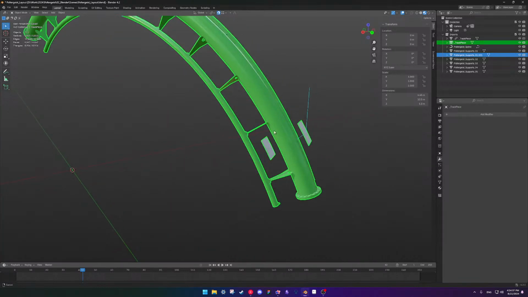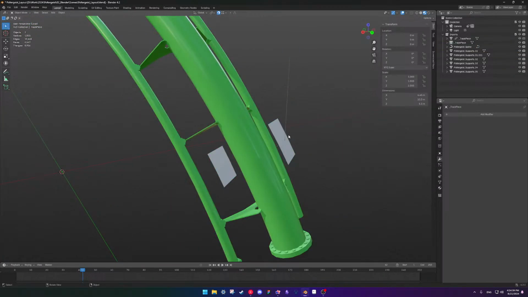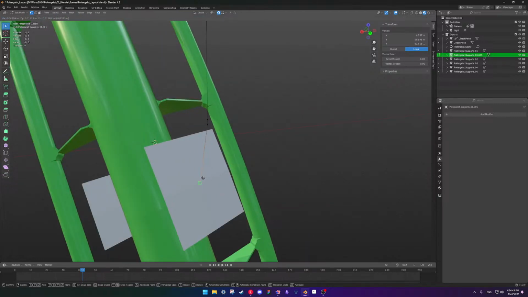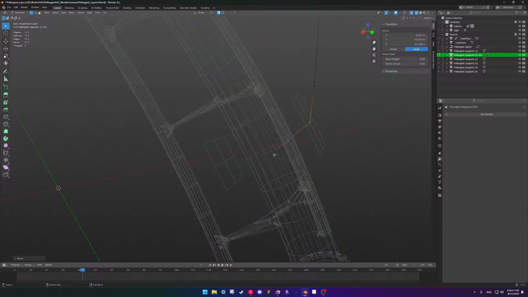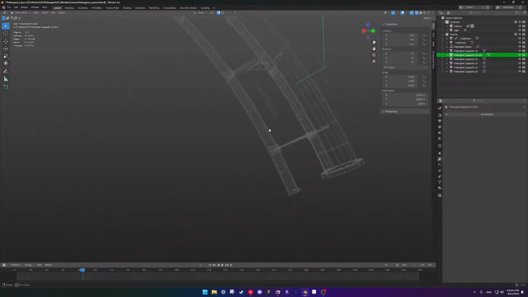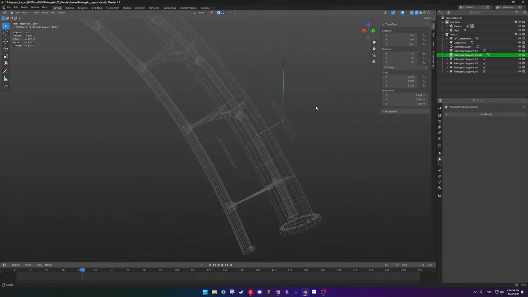Yeah, we isolate it. So here, I could snap it to the vertex and move this one there. So then I can subdivide, get rid of that. And now this is perfect.